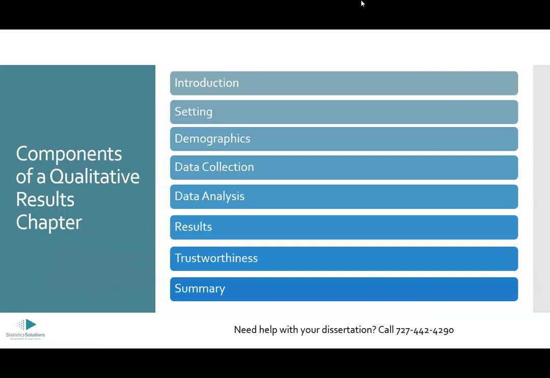So just to get us started, the components that we would expect to see in a qualitative results chapter include the introduction, setting, demographics, data collection, data analysis, results, trustworthiness, and summary. Now, this is a pretty comprehensive list. From working with students, we've seen that these are the components that students are most frequently